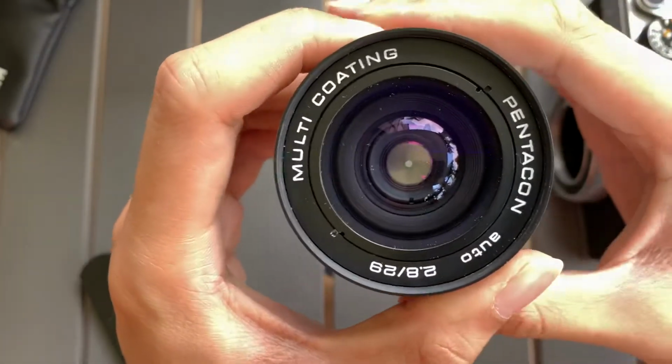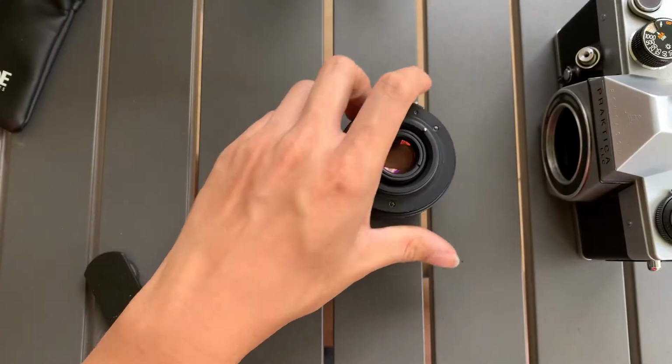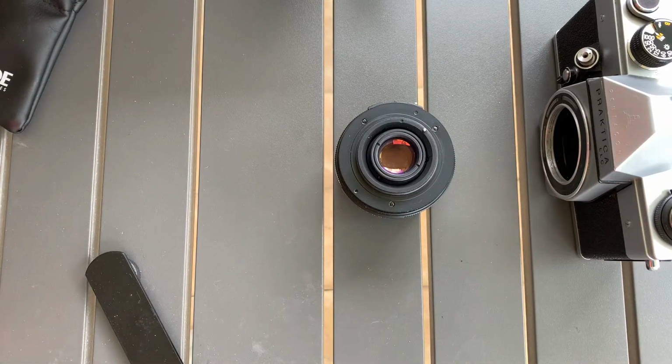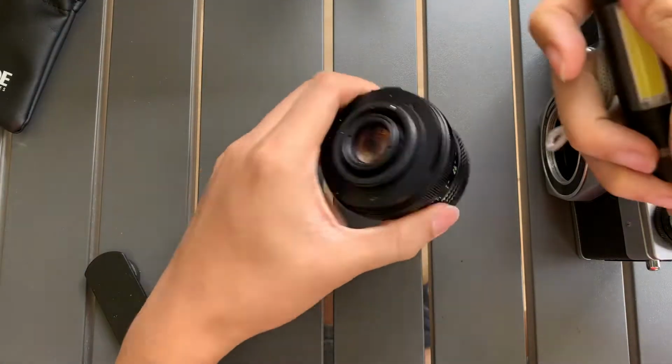Aperture works. I need to do a shine test. Please, I need to get my flashlight for that. Okay, so